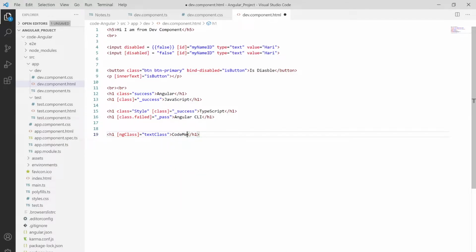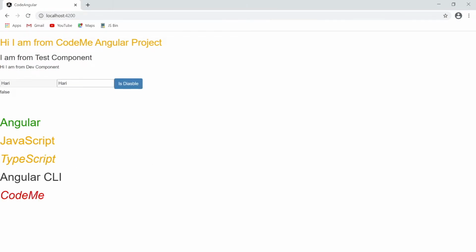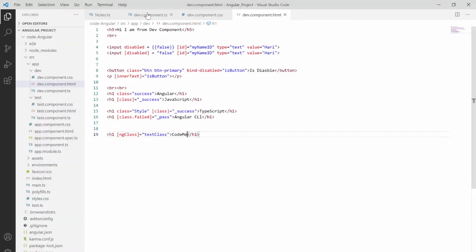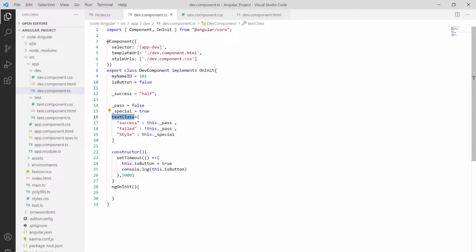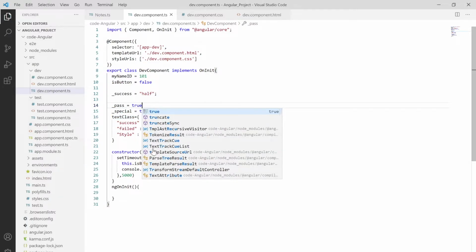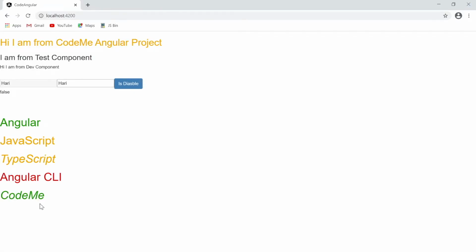Save this out. As you can see, "code me" comes in italic as well as in red color by changing only one variable. So here we are binding three categories by changing only one variable to true, and then saving this. As you can see, the text automatically changes. So that's how we can bind multiple classes using the ngClass directive.